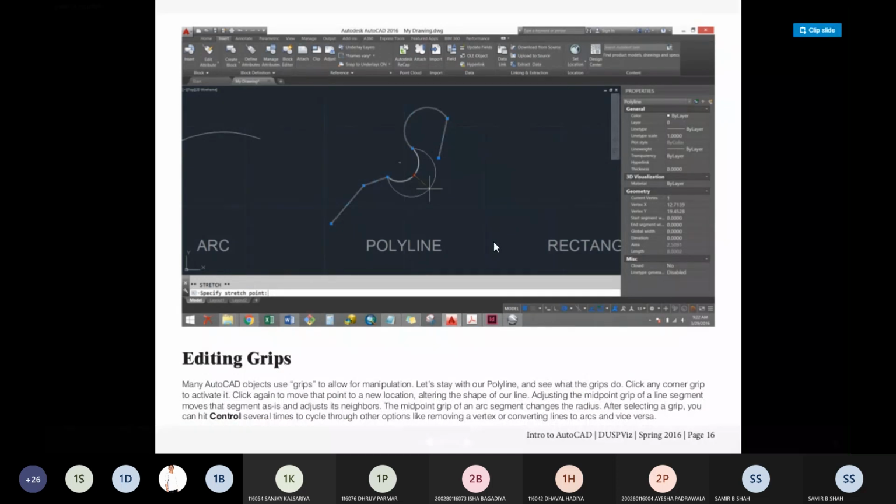Now editing grips. In many AutoCAD objects, grips allow for manipulation. If we talk about the polyline and see what the grips do, click any corner grip to activate it.